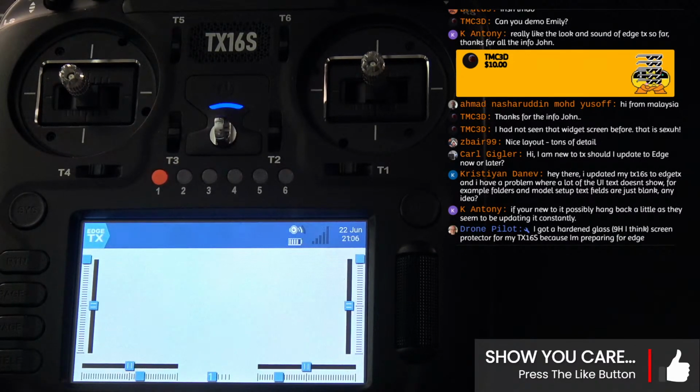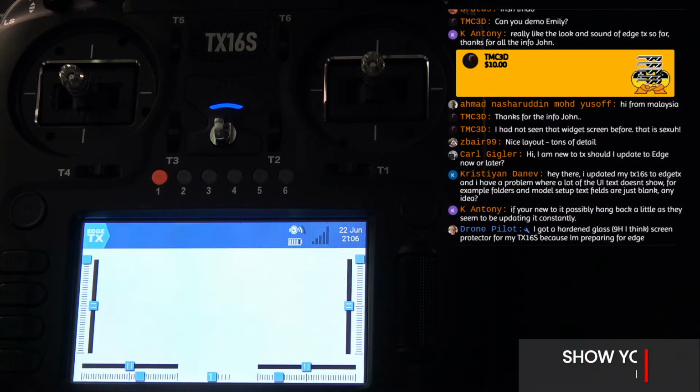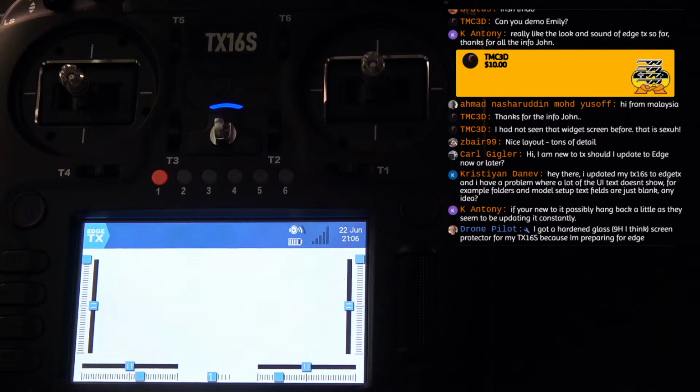TCM 3D says Edge seems to be a bit more agile in design philosophy. Oh yeah, for sure, man. These guys have a very warm attitude. I've seen people come into their environment and ask questions and they just jump right on it, and they're like, yeah, okay, that's a problem, let's fix that.